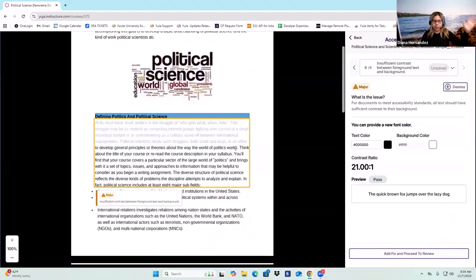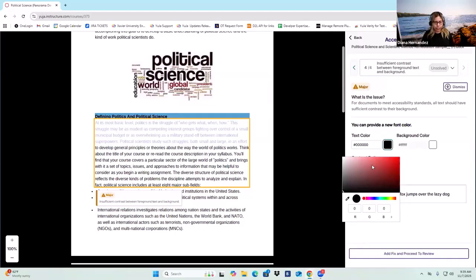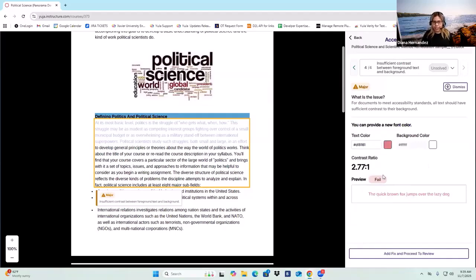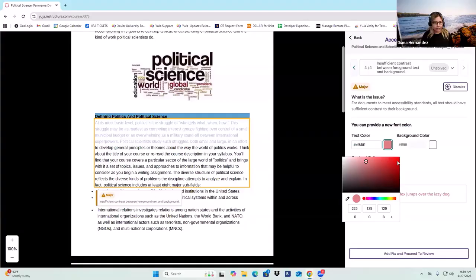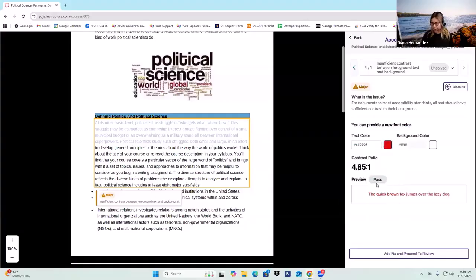And then it's going to take me to the next issue, where we have a contrast issue. By default, with a white background, we recommend black text. However, if you want to select a different color just to make it stand out, you can, and we tell you if the color that you pick passes or fails accessibility. So we can go in, pick a different color, and it will tell me.